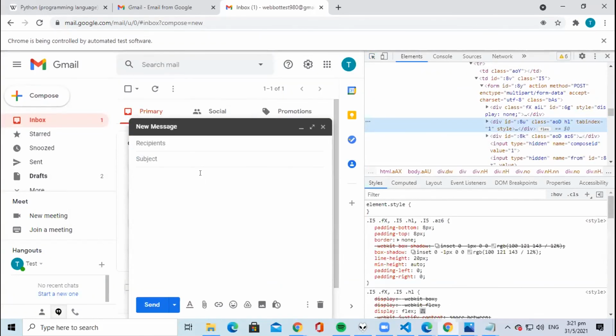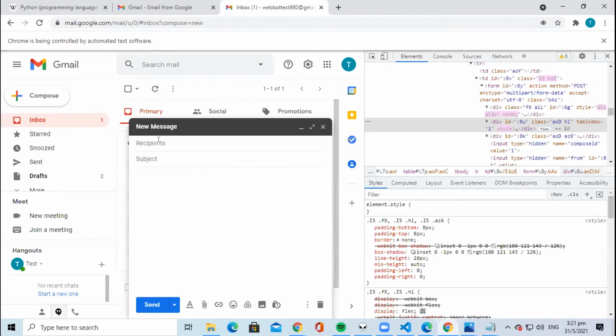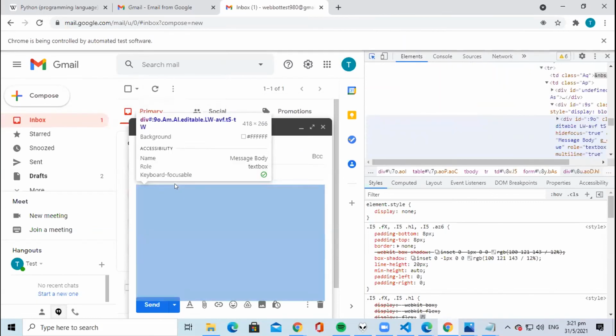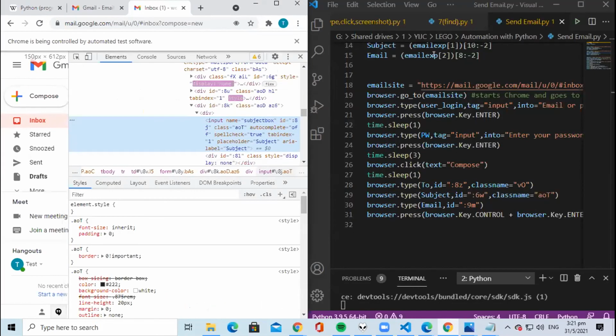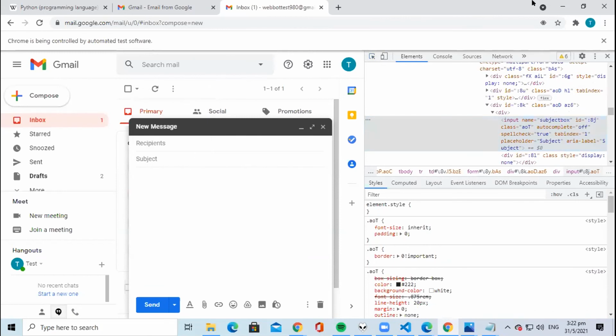Okay, sorry, the issue is that I can't actually show you the to field, because if I click out, it changes to recipients, and the ID is different for recipients. So I'll actually move on to the subject first. Okay, so for the subject field, notice that the ID is 8J, and the class name is aoT, and the tag is input. So if I go back to the browser.type thing for the subject,